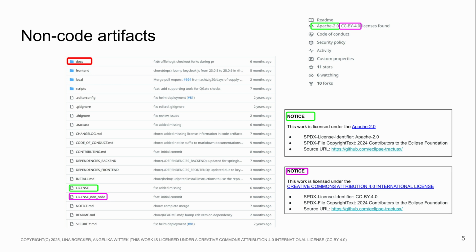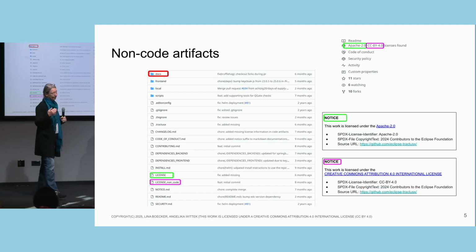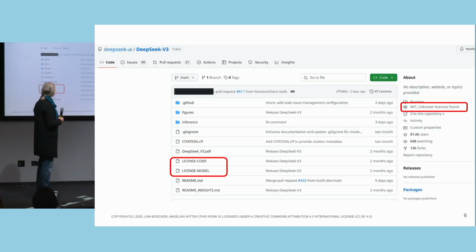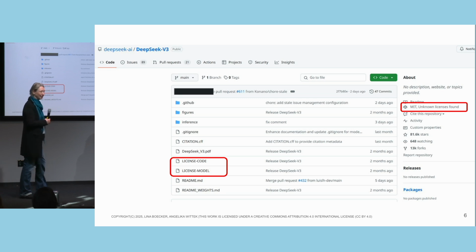But there is another license called LICENSE-non-code. And you can see in this repository, next to the code license, there is a non-code license, and in this case, it's CC BY 4.0. As you can see, we're starting slow with the artifacts that are not AI, but you will see in the next slide that all of this applies to AI models as well.